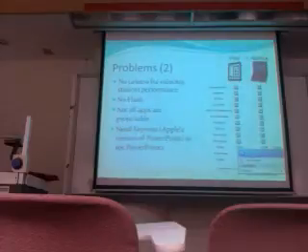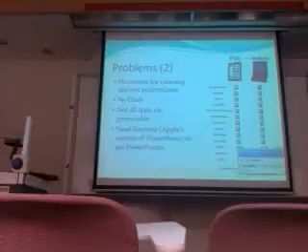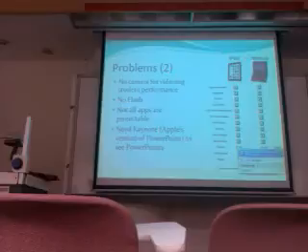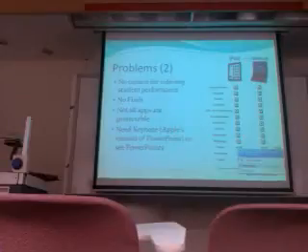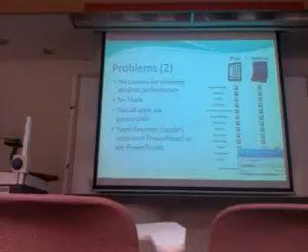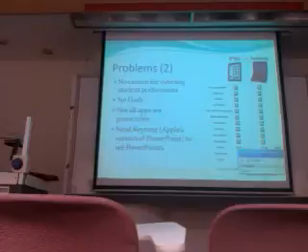Problem number two, there's no camera on here. Most mobile phones have got a camera, iPhones have got a camera. This one doesn't. Maybe the version 2 will have a camera, everybody's speculating, nobody really knows. An Android version of a tablet called the Samsung Galaxy Tab, which came up earlier, does have a camera, but it's not a very good camera. But then you've got the camera in your iPhone, and I believe there are apps where your iPad can connect to your iPhone and use the camera, and they can communicate with each other.